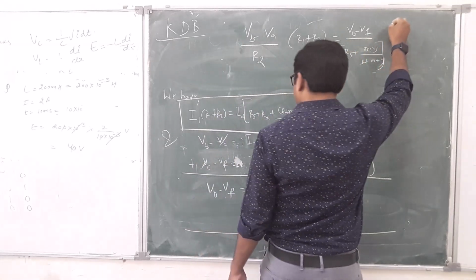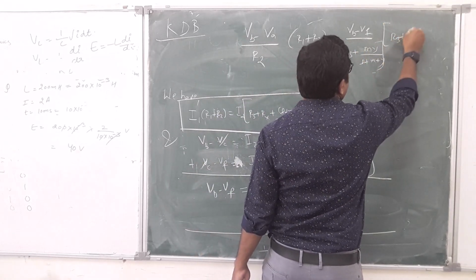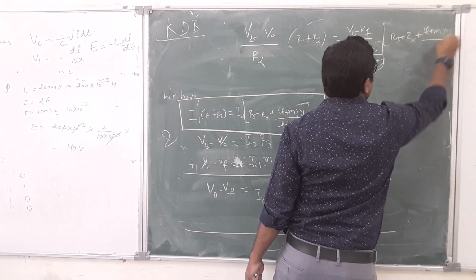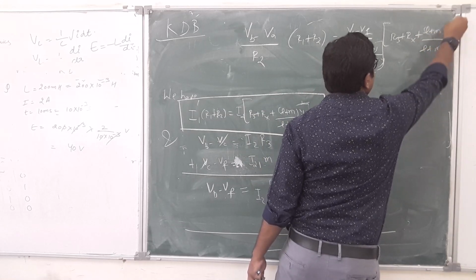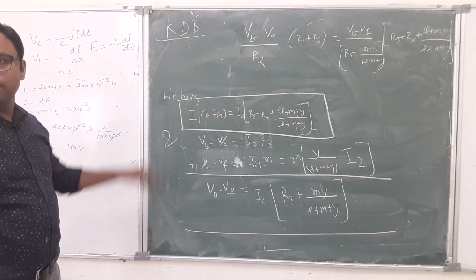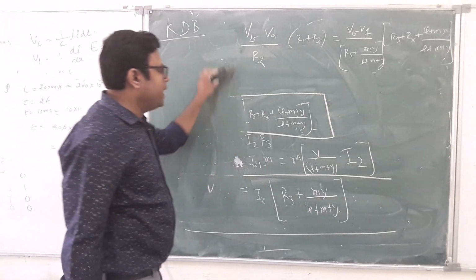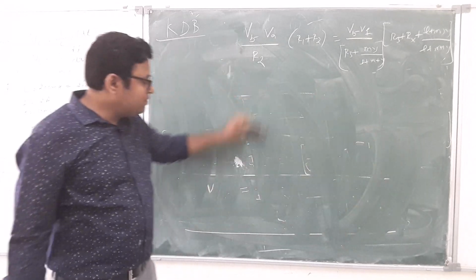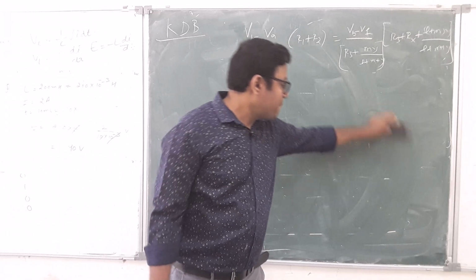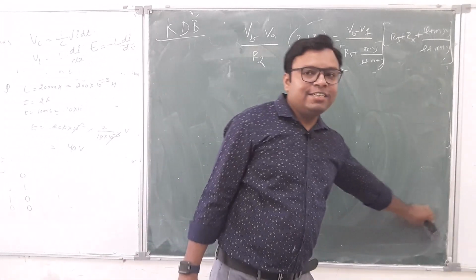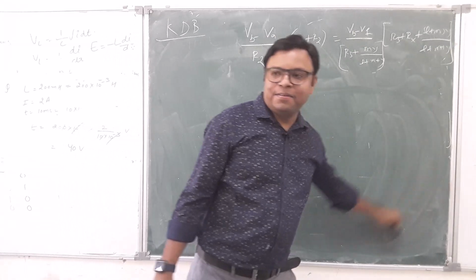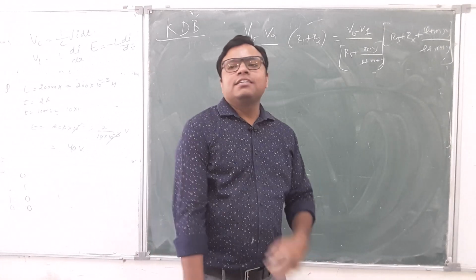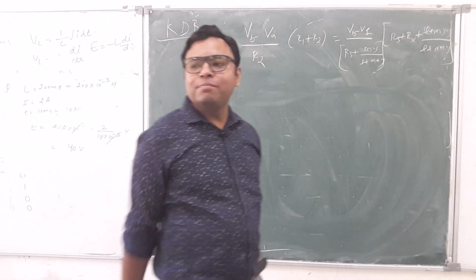It's a big giant equation. It's so frightening. R3 plus Rx plus (L plus M) Y by (L plus M plus Y). Fine? Okay? So it looks so frightening. Are you fearful? I was very fearful. Still I am fearful. But that cannot stop us. We have to go ahead. So under the clean equation campaign, we will tidy this up.